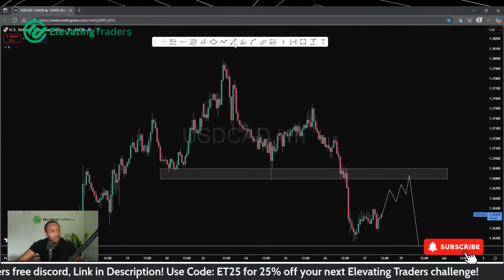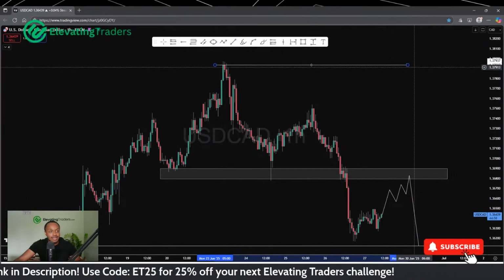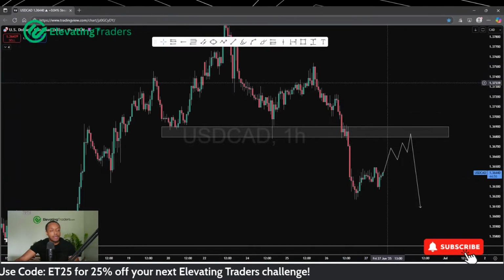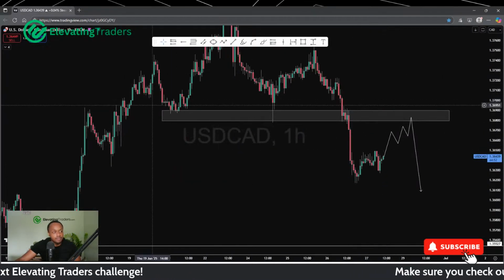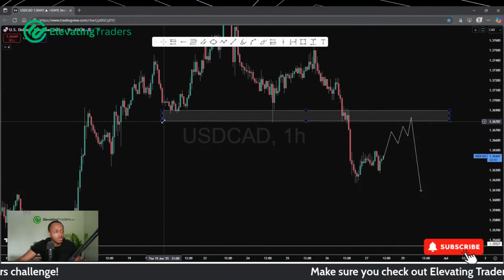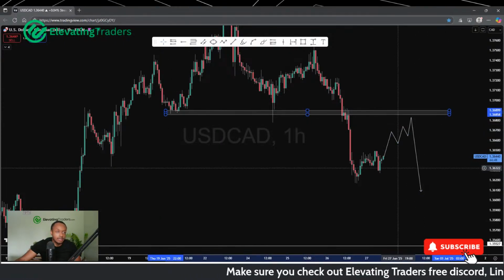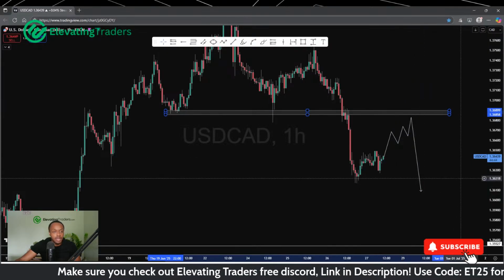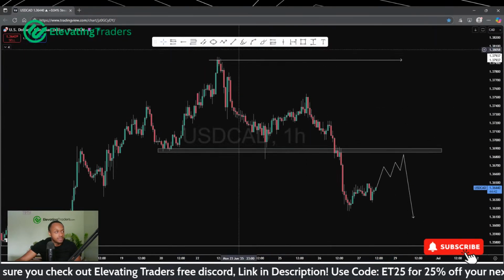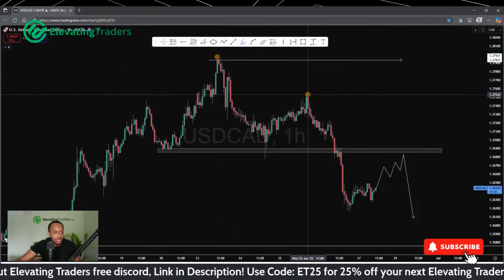I was looking for price to rally back into the highs and then sell, but price was very bearish yesterday afternoon, so it does not look like we'll get back up there. But this is a pretty key level, which of course we have smashed straight through, and I'm looking for a retest of that. Provided we see some healthy rejection, I think it is definitely a nice place for a short, and an area where we could probably try and catch the next swing high.